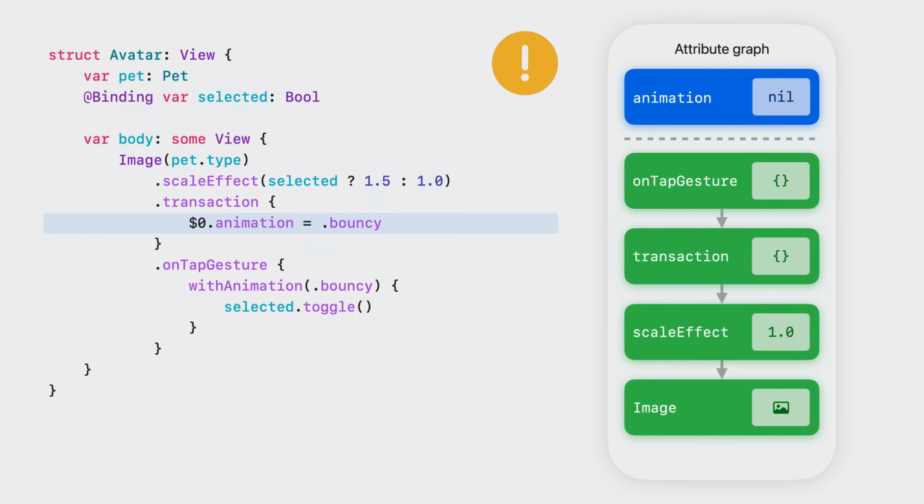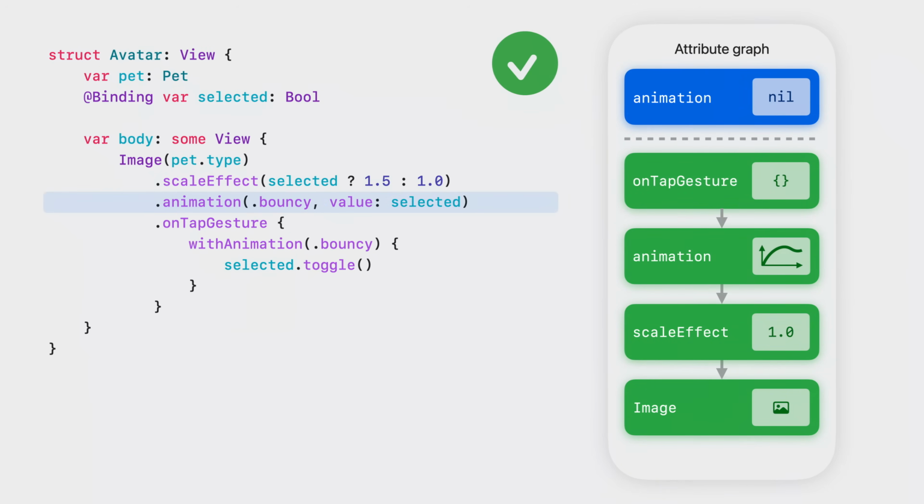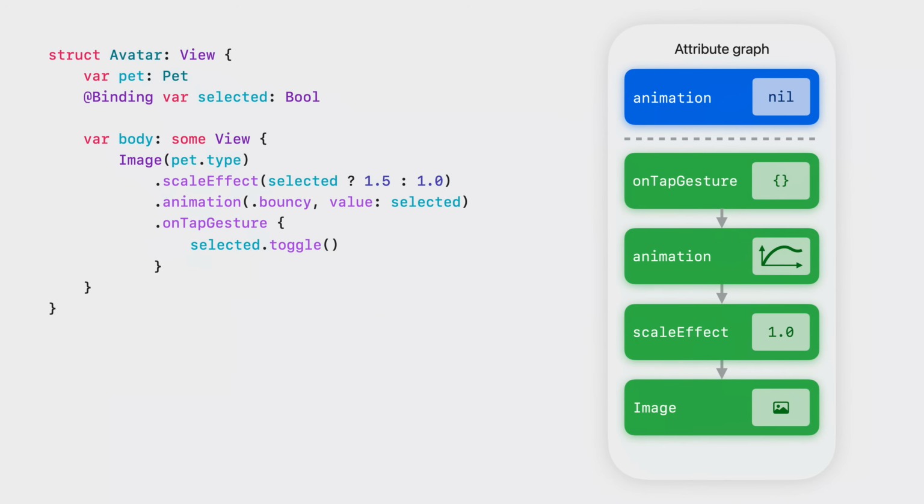Indiscriminately overriding the animation for all descendants whenever SwiftUI refreshes a view can lead to accidental animations. Instead, for use cases like this, SwiftUI provides an animation view modifier. It takes an additional value argument, which allows you to scope the effect much more precisely. It will only write the animation into the transaction if the value has changed. Now that that's hooked up, this with animation isn't accomplishing anything, so we can remove it.